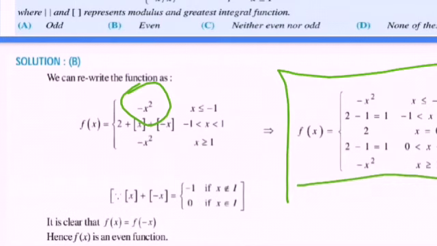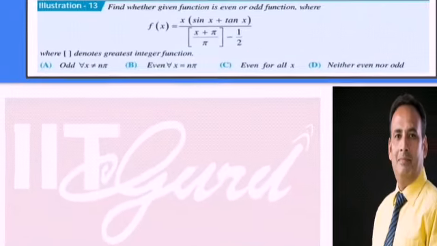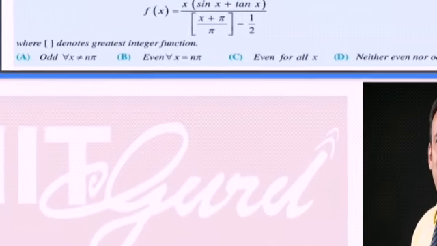Between -1 to 0, [x] plus [minus x], what do we say here? So you see -1 to 0, [x] will provide -1, and [minus x], because minus of x is just a negative, we have to consider positive, that will be 0. So that is 2 minus 1. Finally, 2 minus 1, that is 1. And for x equal to exactly 0, both [x] and [minus x] become 0, and the final answer is 2. And for x lies between 0 to 1, [x] will provide here 0 and [minus x] will provide -1.